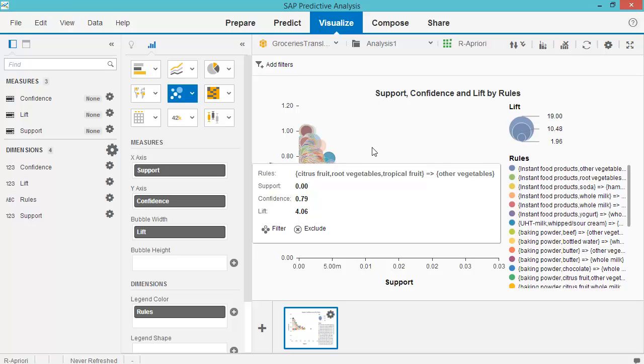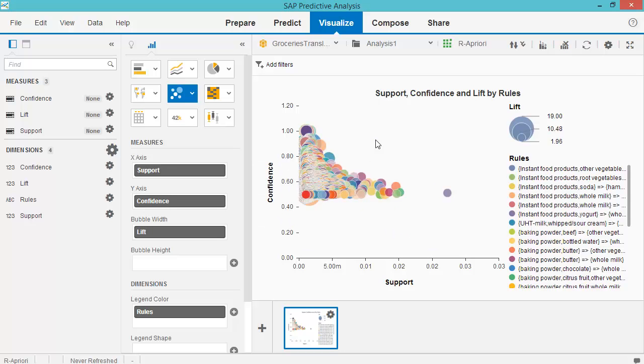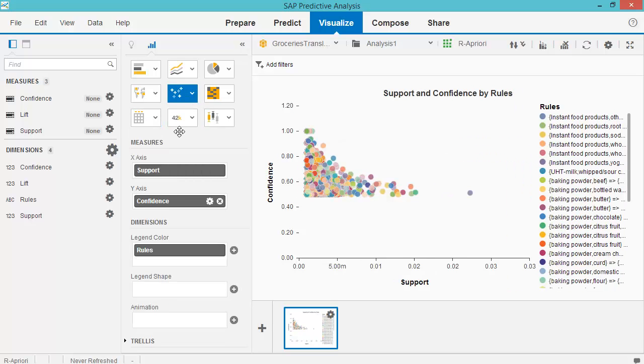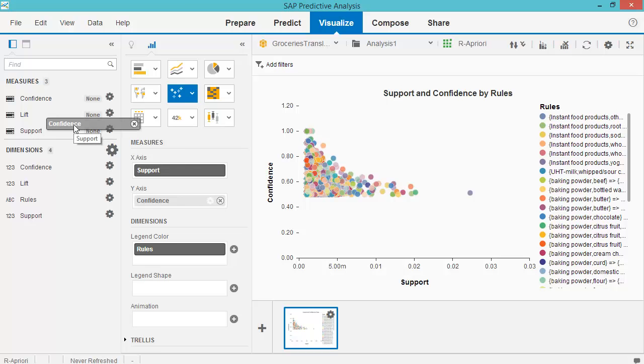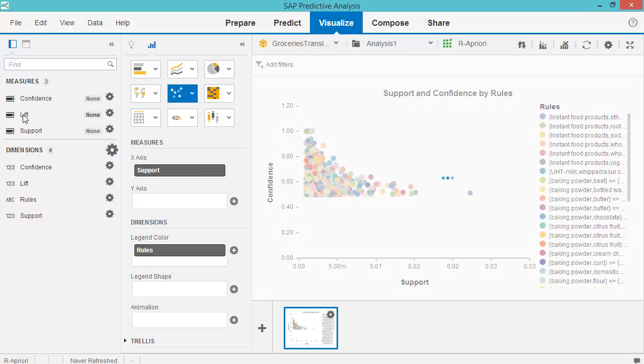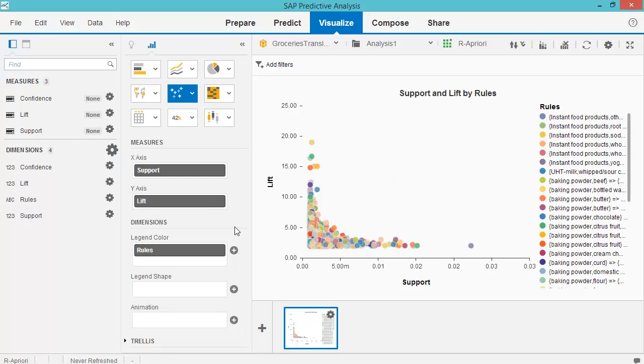But now let's do a different thing. Namely, I'm going to go back to scatter graphs. So we make all the bubbles with equal width. And now I'm going to take away confidence from the y-axis and replace it with lift. So what we get is a graph which has a depiction of support and lift.